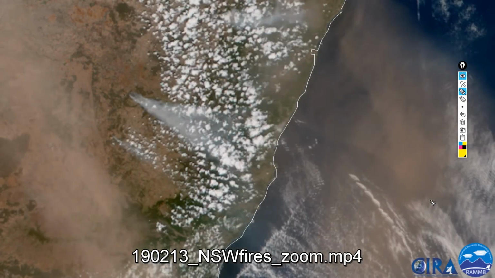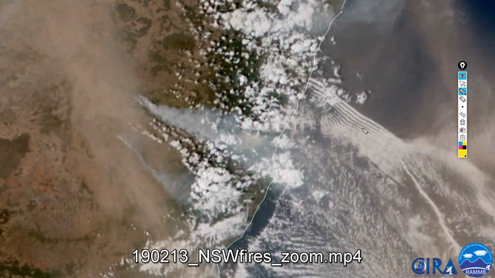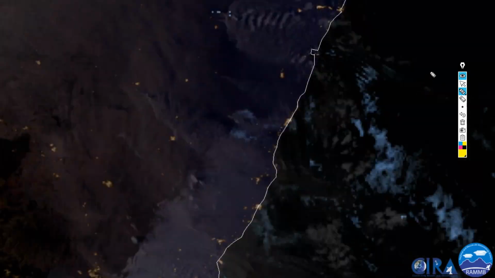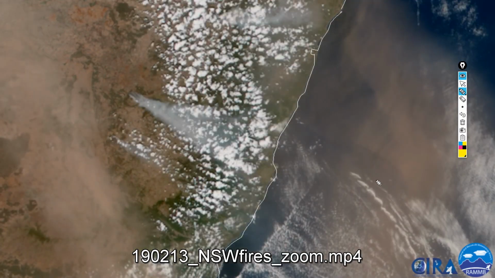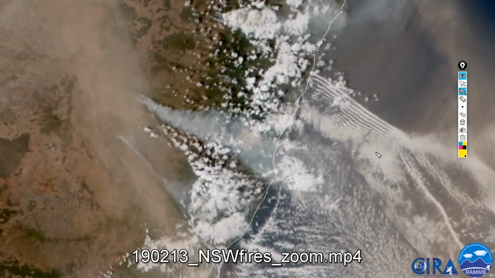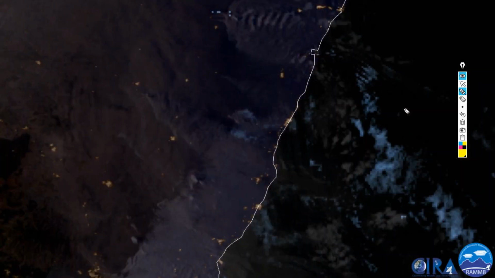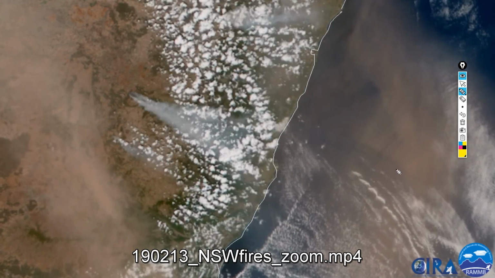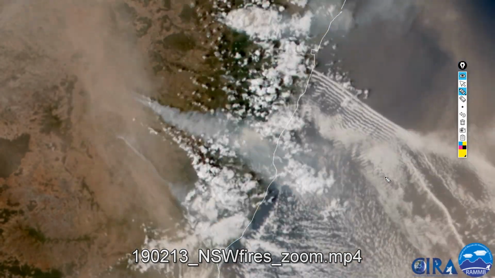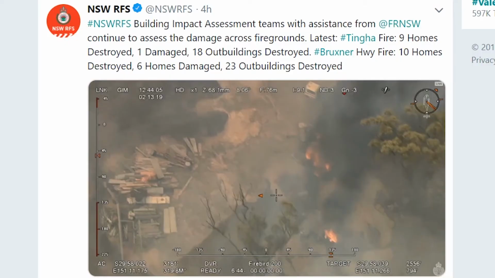The other thing in this loop is these beautiful wave clouds that form as the cold front progresses up the coast. Very nice. They seem to happen every now and again along the Australian east coast as these fronts morph into different forms. One of those fires that was blowing up yesterday and continues into today is the one near Tinga, which is a